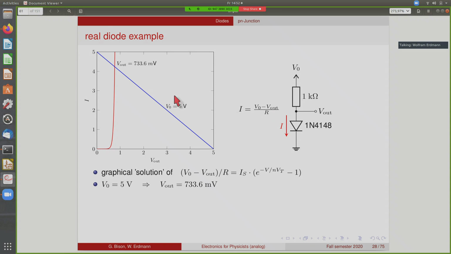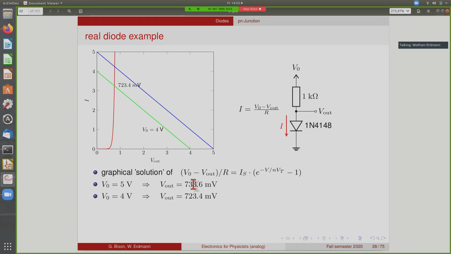This curve here can be shown as a straight line. This is the current as a function of the output voltage, and this is of course the equation of a straight line. It starts at V0 divided by R and then goes down to 0 here. If you want to know what the output voltage is, we can make a graphical solution of this, because the analytic solution is not possible. This is an equation that we cannot really solve analytically. But we can let Spice do it, or we do it graphically, and here we do it graphically for illustration. So the point where the two lines intersect is where the output voltage will really be. And in this case, with a 5 volt supply voltage, you end up with an output voltage of